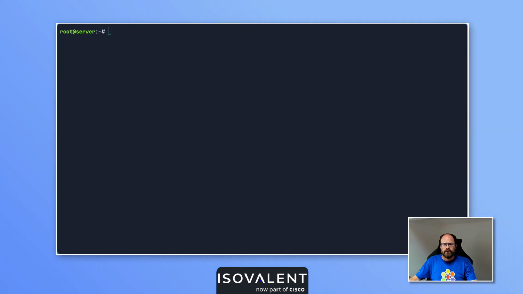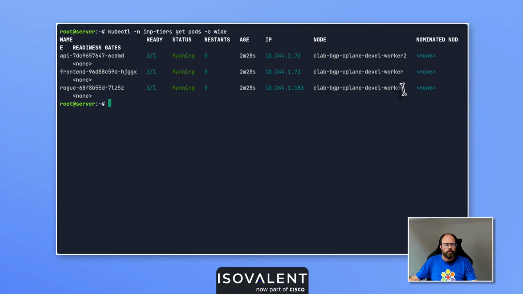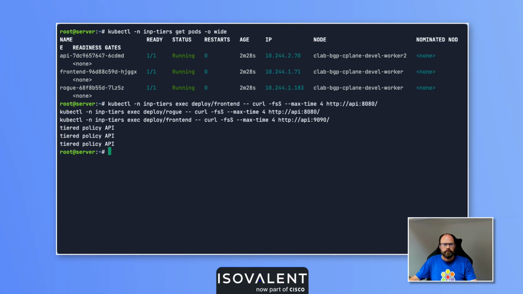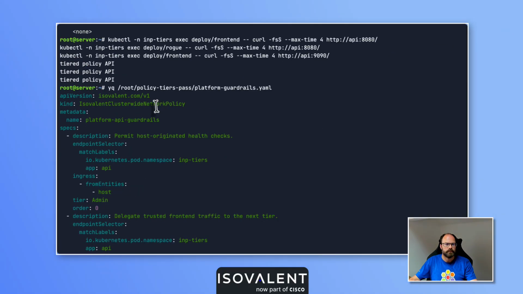So let's have a look at our current state. We've got a couple of pods deployed inside of my environment so we can test workflows of traffic between my workloads. And we can see all of those reply, and then we just get a tiered policy API response back because it's just a simple workload that I've deployed. And now what we're going to do is deploy my first platform guardrail policy. So we're deploying the